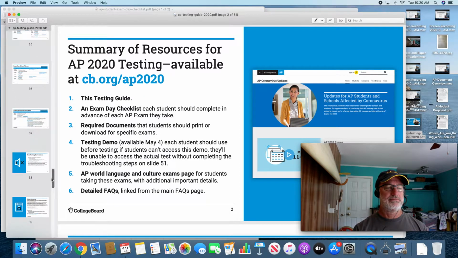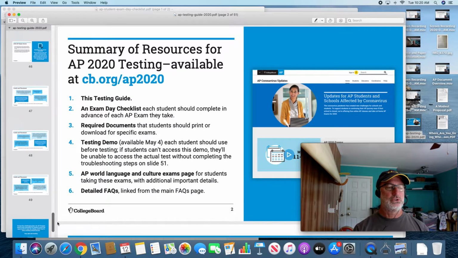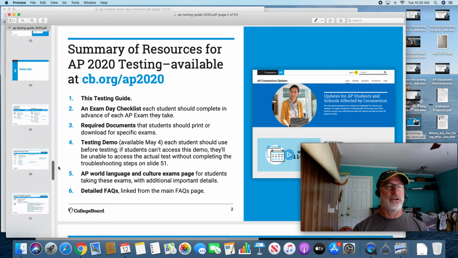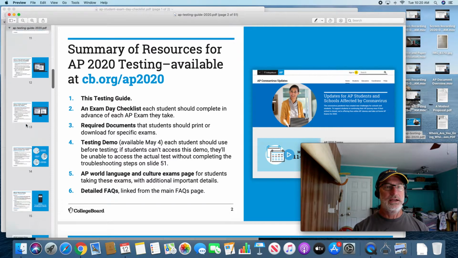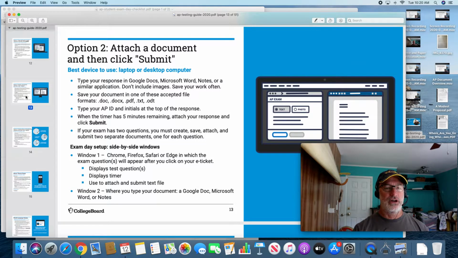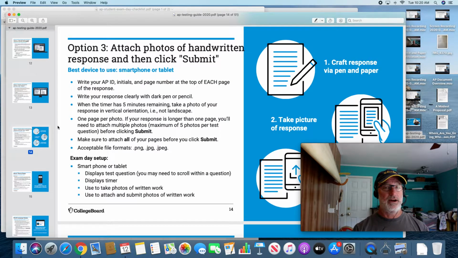Hang on a second. Okay, 51 slides. But read through it, each slide. This is not grueling reading. It's going to take you all of about 30 seconds to read this, but you know what's going on for test day. I've talked about it multiple times in videos, but you need to make sure that you're revisiting these things so when it comes time for your exam, you know what to be doing and you're not caught in the lurch.